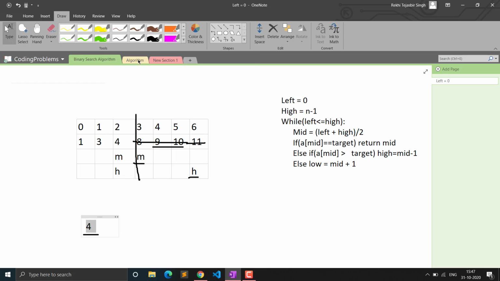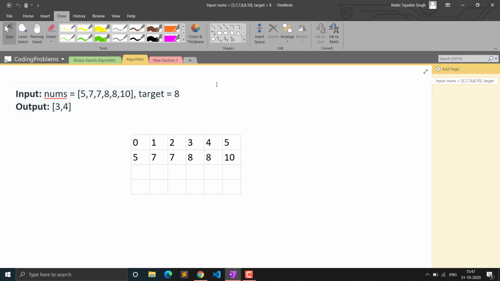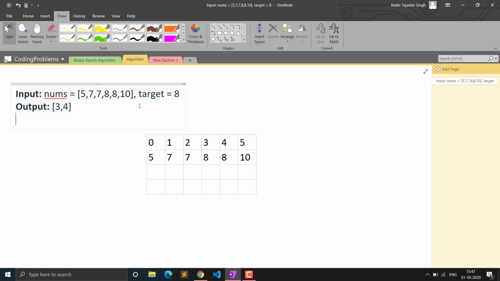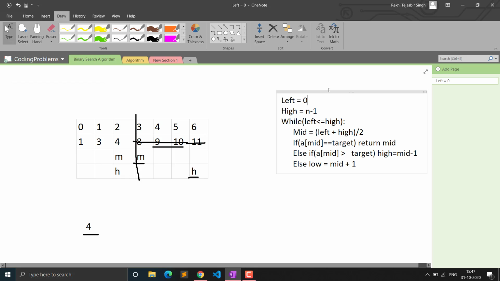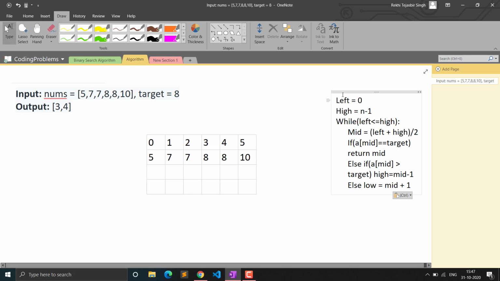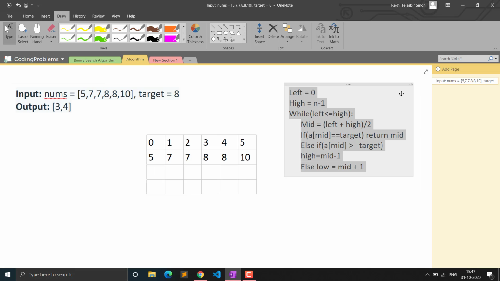So now let's see why and how we will use a binary search for this problem. I told you the basic concept of how we use the binary search, and in this problem what we have to do is search for the starting index of the element and the ending index of the element. So we can simply use the basic structure of binary search. So let me copy this here. So we can use the concept of binary search for solving this problem also. So let's see how we can do that.